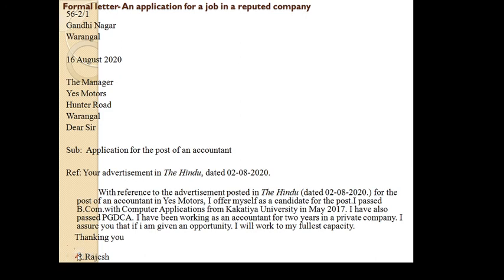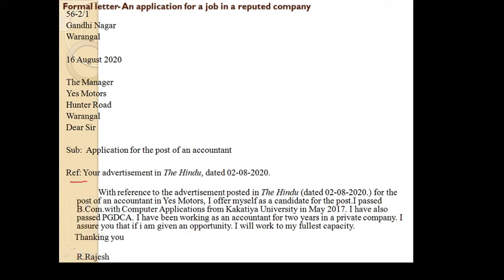In formal letters we do not always write a reference. Here we have written a reference because you have read an advertisement in a newspaper. After reading the advertisement, you are applying